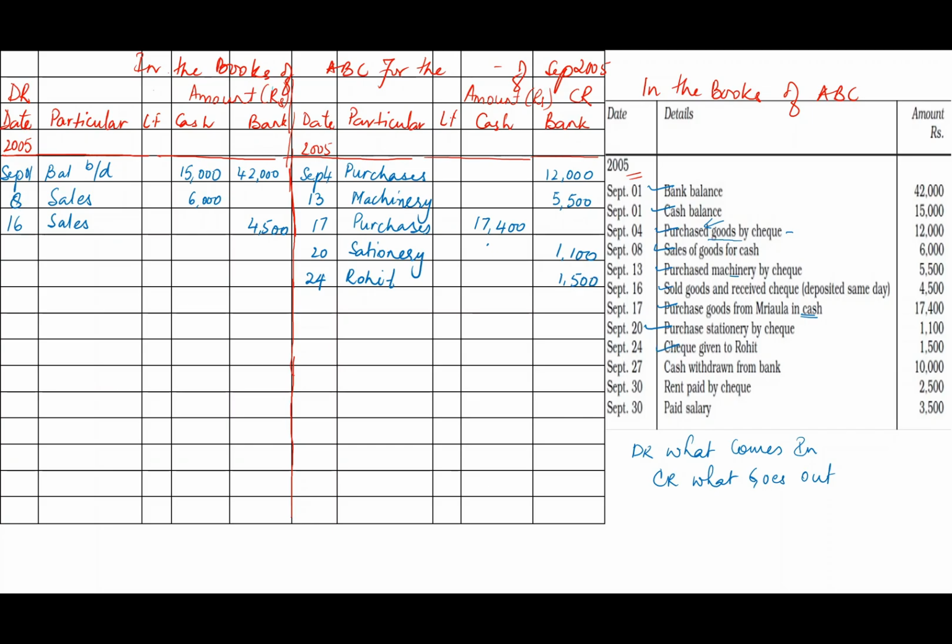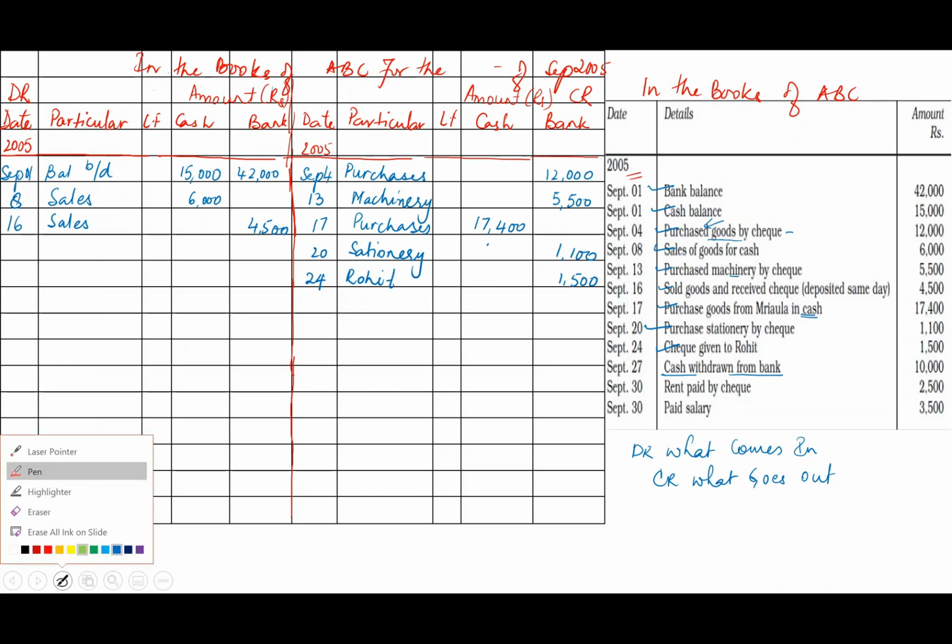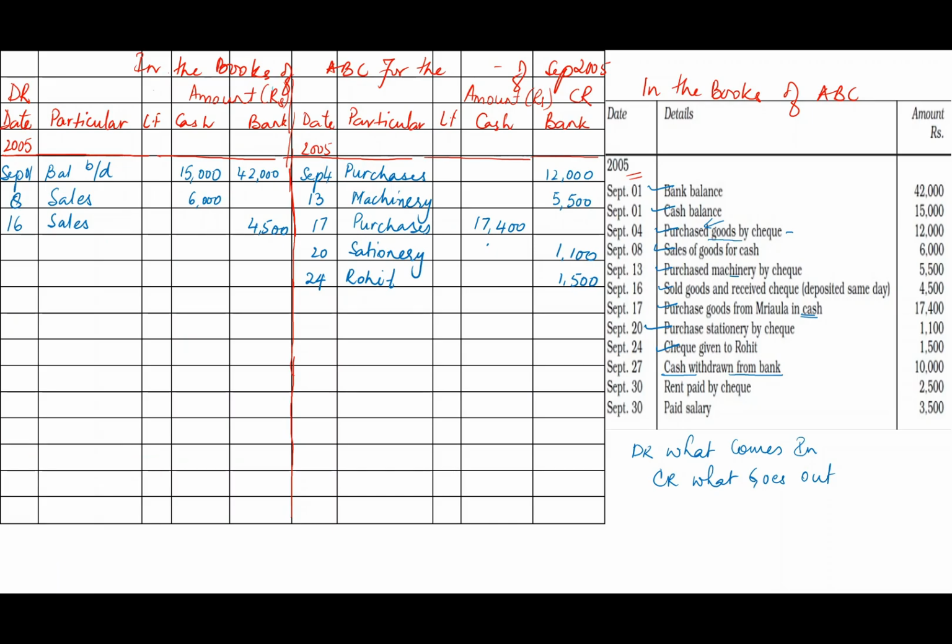Then next is cash withdrawn from bank. Okay, here I want to tell you. Cash is withdrawn from bank. That means what he has done. He has taken out cash. It's like when you take out cash from your left pocket and you put it in right pocket, or you have cash in your purse, you take that cash and put it in your pocket. So similarly, I have here cash, and I'm just explaining you here, and I have bank here.